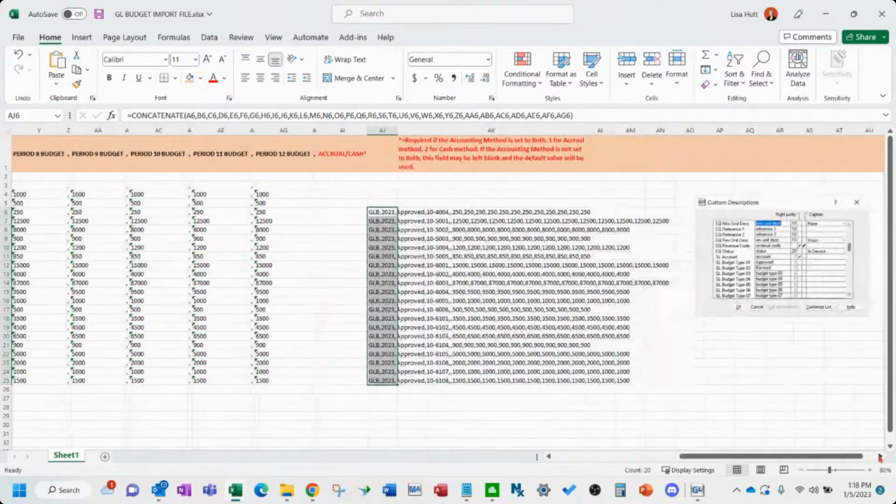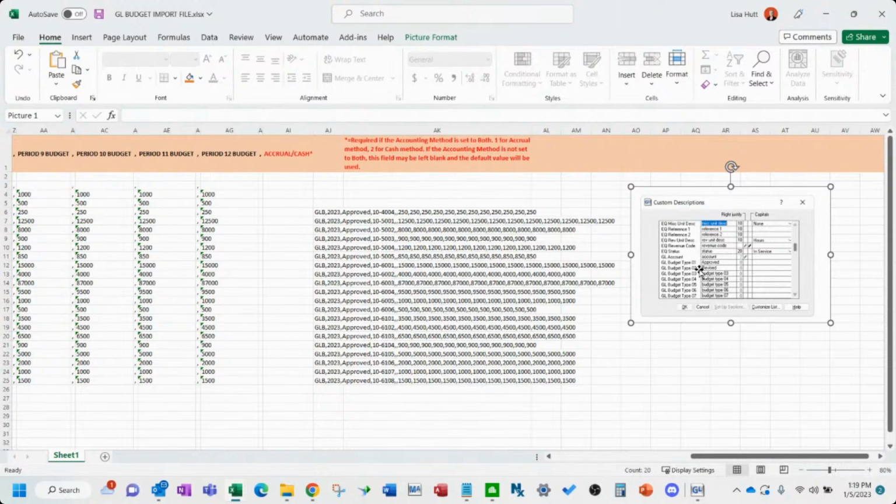One tidbit: if you want to know how to create multiple budget types, maybe you have quarterly ones you want to do for the year, you can do that in the custom descriptions in the GL budget types right here. You just type in your different budget type descriptions. So there's an approved, revised.